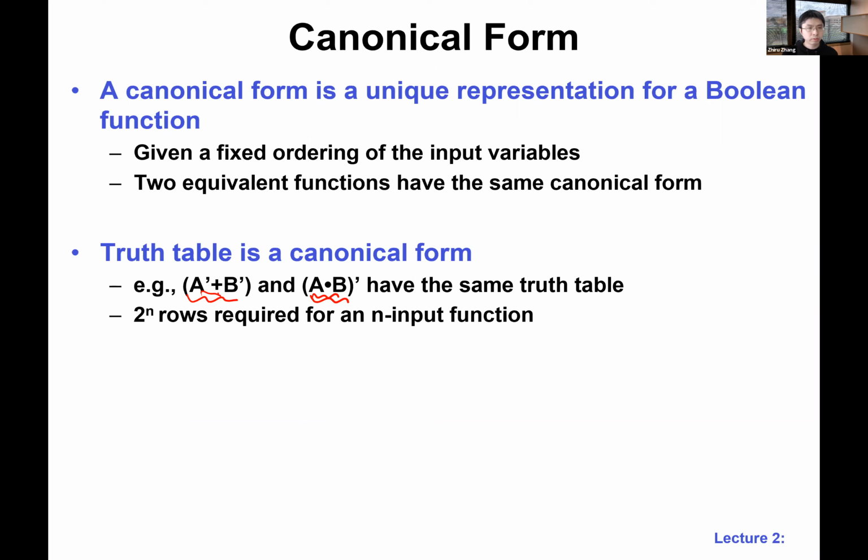And of course, with a truth table, we use 2 to the n rows for any input function, and this may not be scalable in many cases. If you have a large function, let's say 16 inputs, it's going to be a lot of rows. So that's where we also look at whether there's other